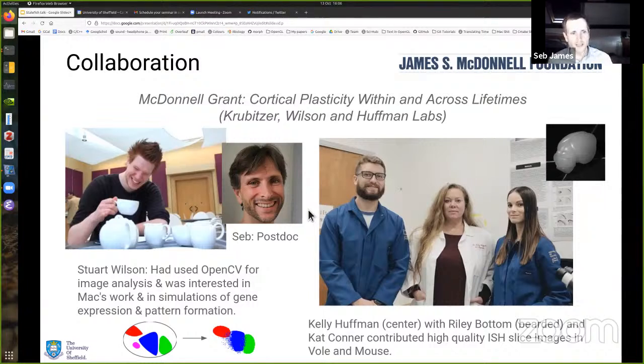I come into this story because I'm a member of Stuart Wilson's lab at the University of Sheffield. And Stuart is on a grant with Leah, along with Kelly Huffman. So Kelly's pictured here on the right. This is Stuart on the left, and they're all together on this McDonald grant called Cortical Plasticity Within and Across